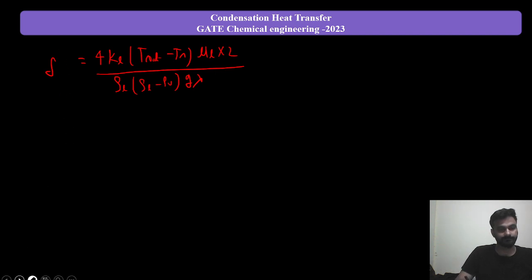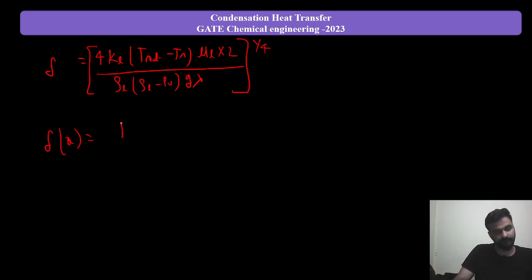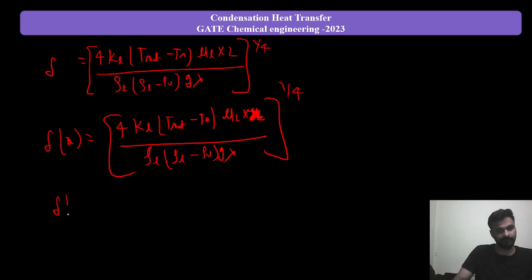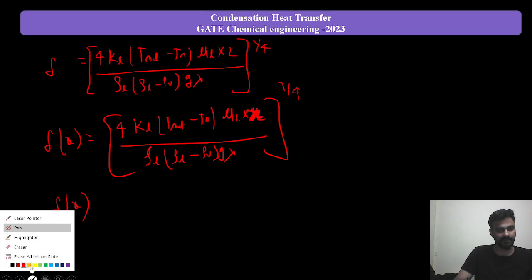So on the right hand side it will come as the power of 1 by 4, right? So this is our delta x. That is a function of 4 KL (T set minus Ts) mu L multiplied with L, or here, if we want to calculate it as a function of a particular location, x, rho L (rho L minus rho V) g lambda whole to the power 1 by 4. So from here we'll get some correlation that is very important, and that you'll have to remember